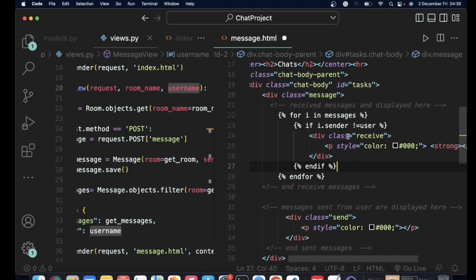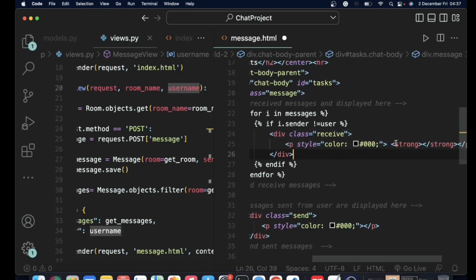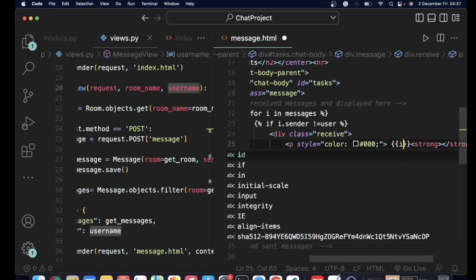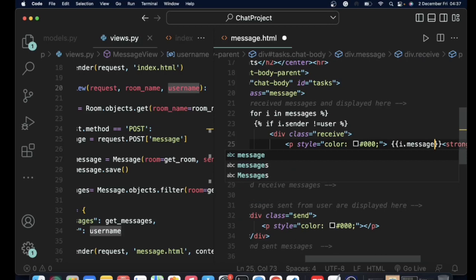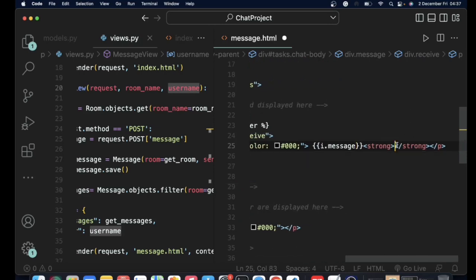So if the message wasn't sent by the logged in user, obviously that message is going to be a received message for that user, because I didn't send the message, so that means I am receiving that message, meaning that somebody else sent it. So we are going to display that message in the receive div. So I'm just going to pass in I.message right here, and inside this strong tag I'm going to pass in,